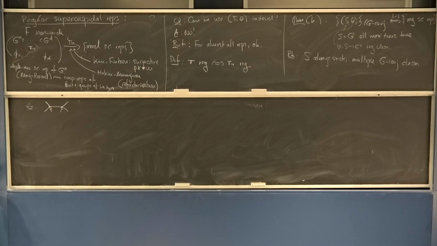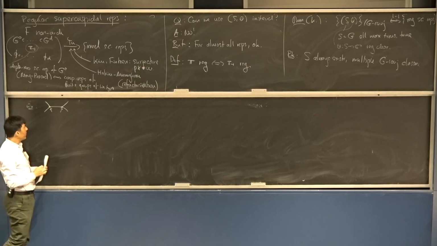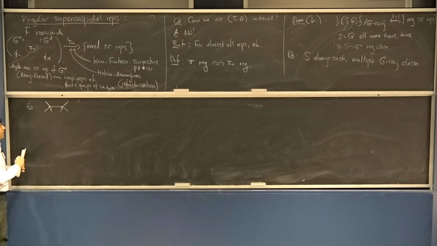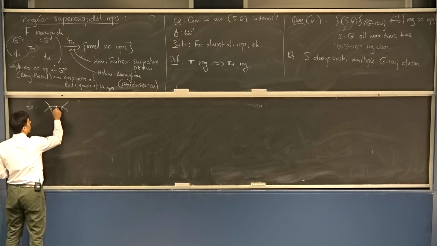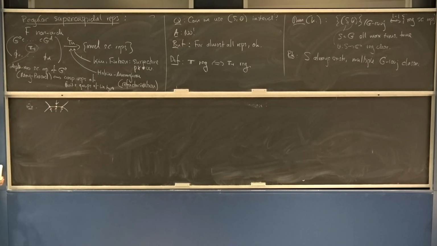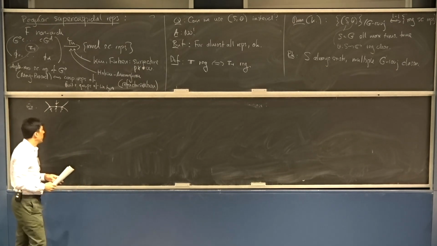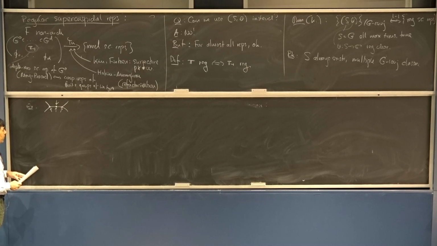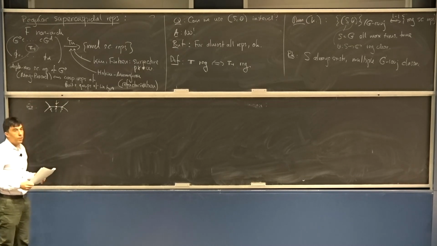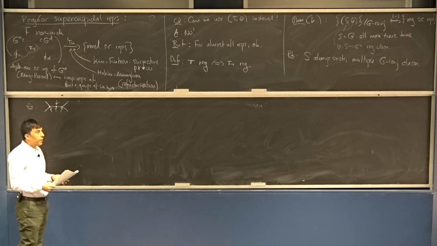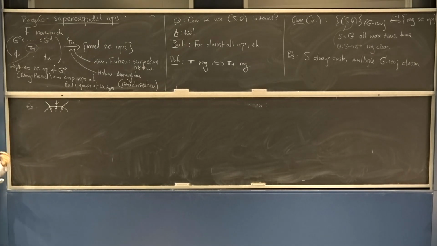Each compact torus gives you a point in the building. When it's unramified, the point is a vertex, and the tori that sit over those two are not conjugate to each other. Then you have ramified tori, and they sit over here, and in fact, there are two different isomorphism classes that sit over the same point. So over SO2, you have three different isomorphism classes, and in each isomorphism class, you can have multiple conjugacy classes. Whereas over SO2(R), you have one isomorphism class and, in fact, one conjugacy class.